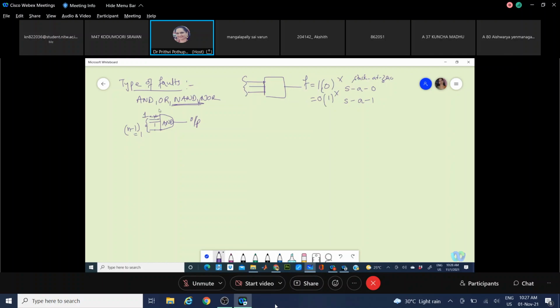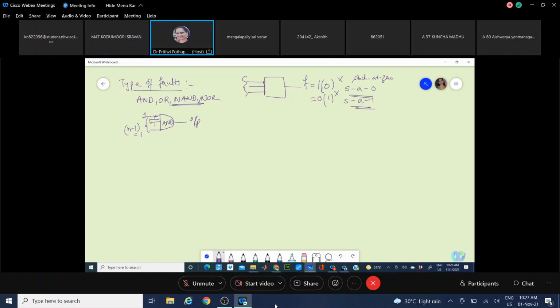Except the line you are testing. Actually, these tests will be done for each individual input or each individual path. That is a tedious job that a testing engineer will be doing. For each and every line, each and every input, we should be able to give a proper value to find a specific type of fault on that line.